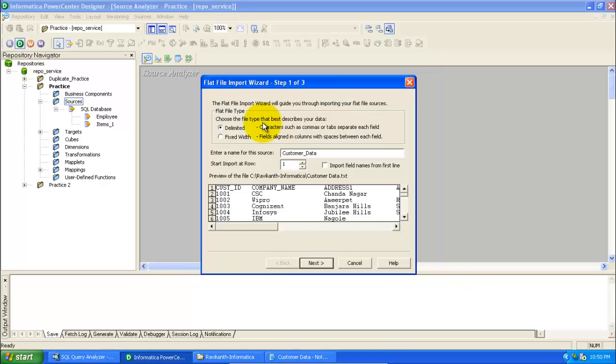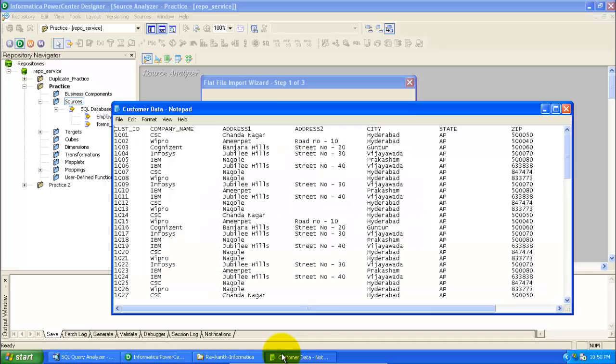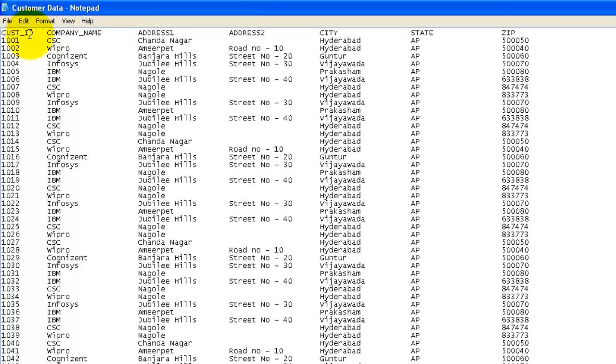I clicked on this customer data. Before going ahead, I'll show you how the customer data text file looks. This is my customer data table, where I have customer ID, company name, address 1, address 2, city, state and zip code.